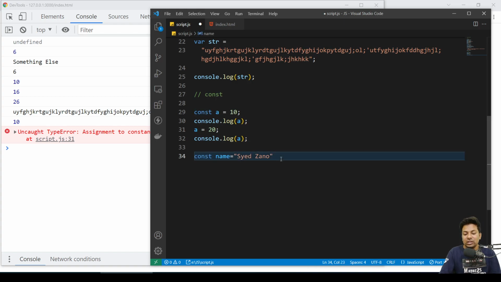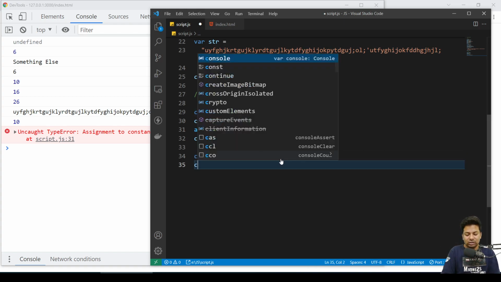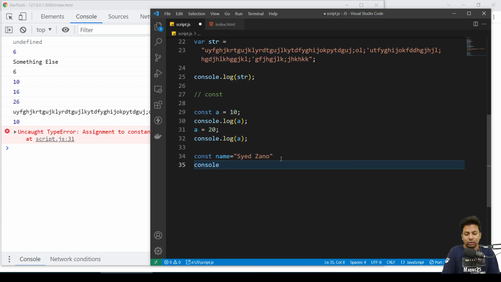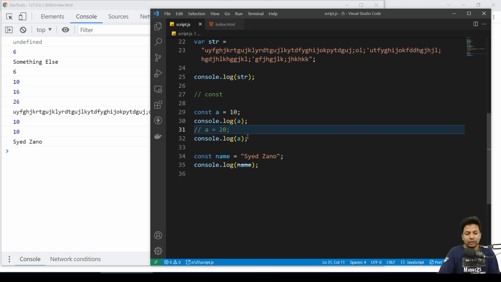or maybe age, his age won't change. So you can just say constant console.log name, but it's telling error here. So let me just comment it out. A is equals 20. Let me just write it. You can't overwrite